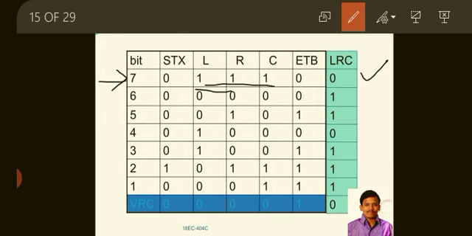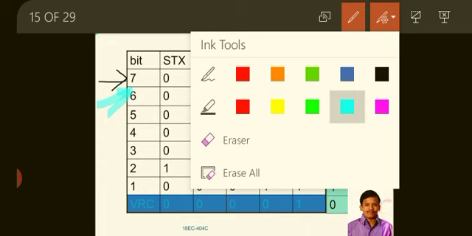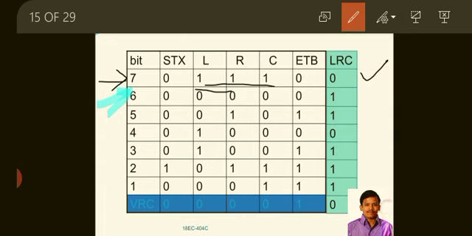Now see the second line, which has no ones. To satisfy the odd parity condition, we are adding one bit in the LRC method. Follow like this, next row, up to the last one.